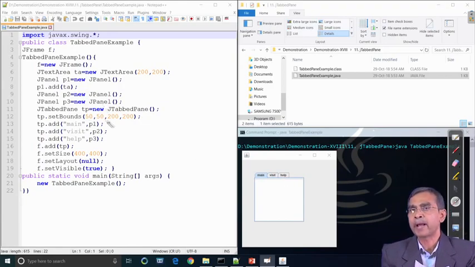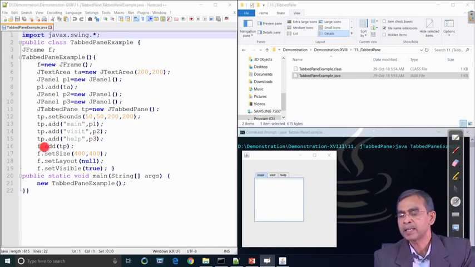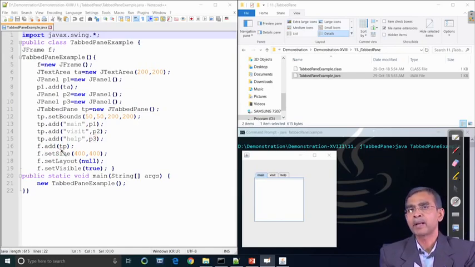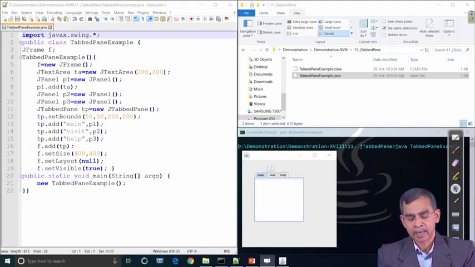How we can add this into the tab pane is, as you have created the tab pane object TP, we just go on adding all these menus there: TP add main, TP add visit, TP add help, with P1, P2, P3. Then finally we have to add this TP, the tab pane, into the frame, and it completes creating a tab pane, and we will see the output as we have seen. So, this is the way the tab pane can be added, and the tab pane can also include some other elements, or some event generation, so that if we click this tab pane, something will appear.